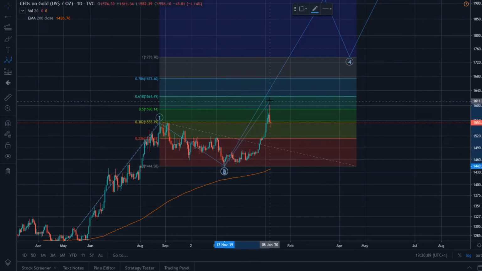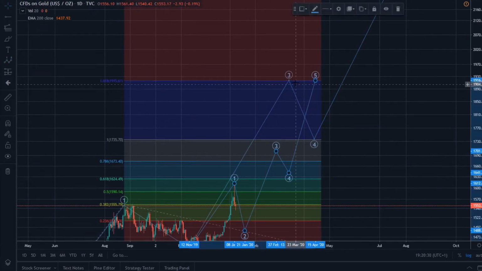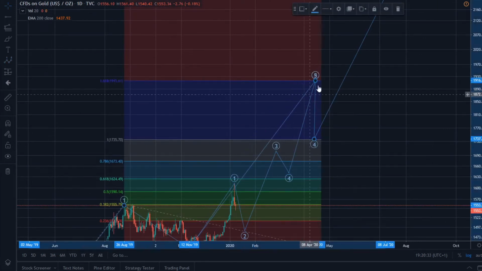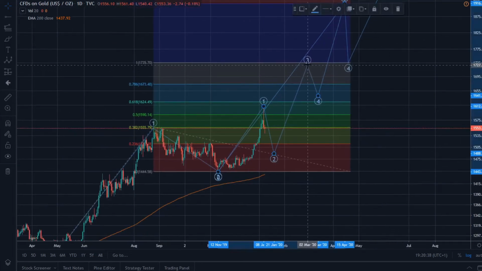So basically this was the first wave of this wave 3, so there should be a very deep correction, maybe somewhere into this area, and then following this a very strong move up that could maybe go all the way up to $1,700 or something, then down, and then another wave 5 to meet this target, which is this 3, yeah, so those targets would meet there. This is a perfectly possible scenario, or it could even go higher, and this could go somewhere around there, yeah.